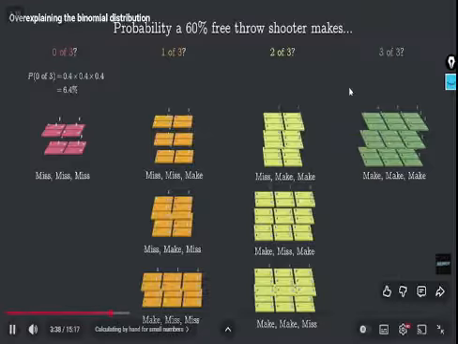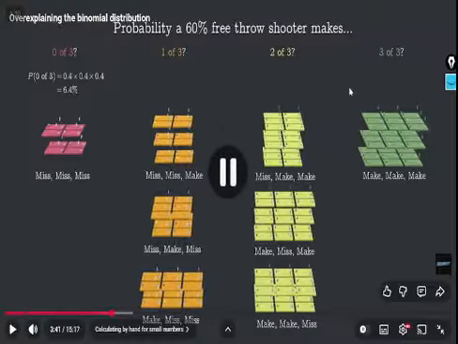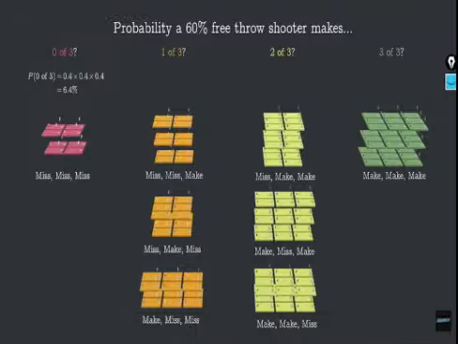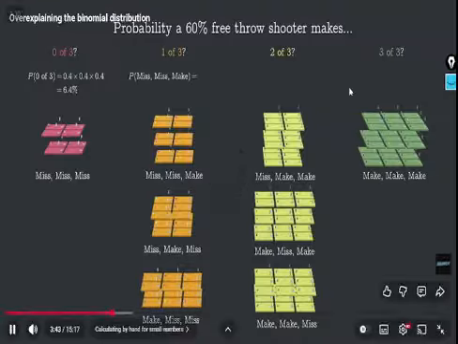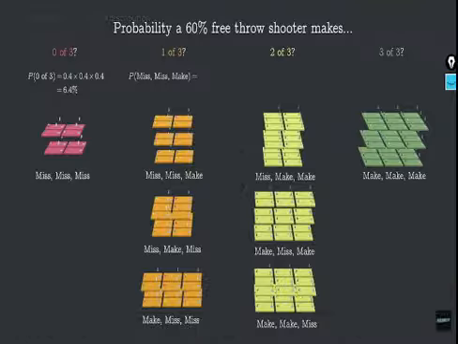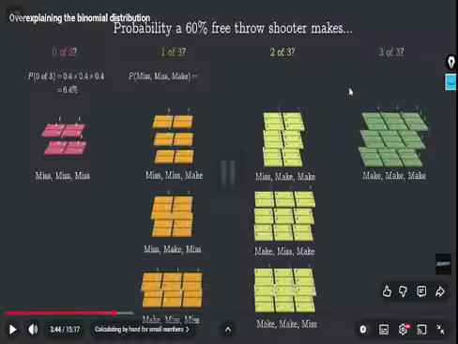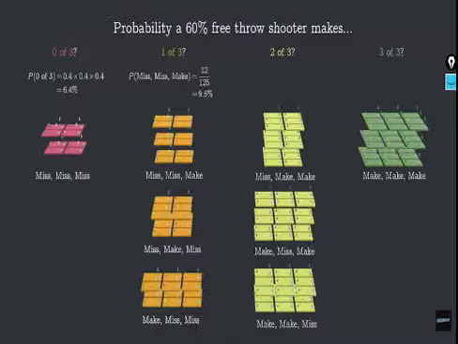Next, for one make out of 3 shots, there are 3 ways to get it. The first way in this list is miss, miss, then make. 12 of the 125 blobs had this outcome, which gives us a 9.6% probability. Multiplying the individual probabilities